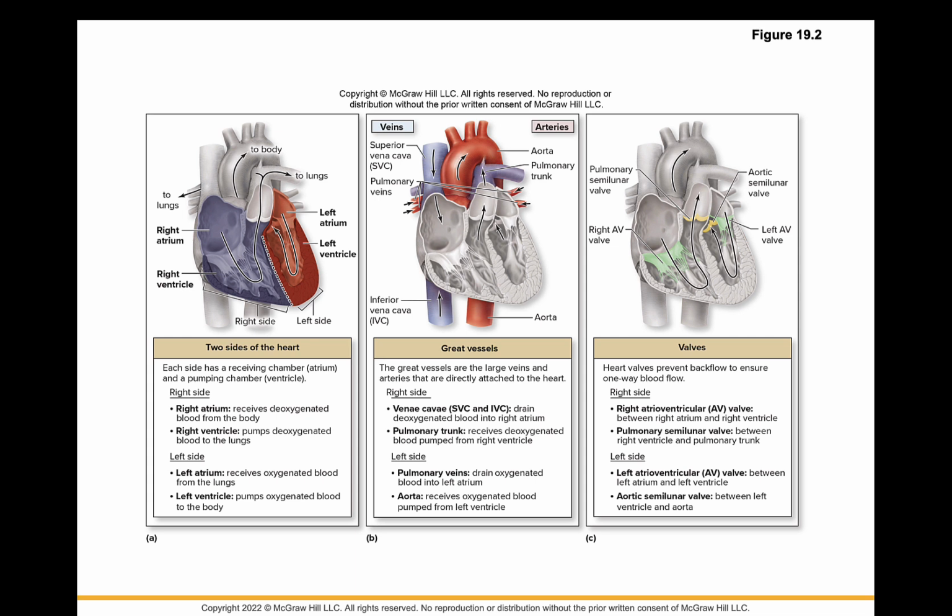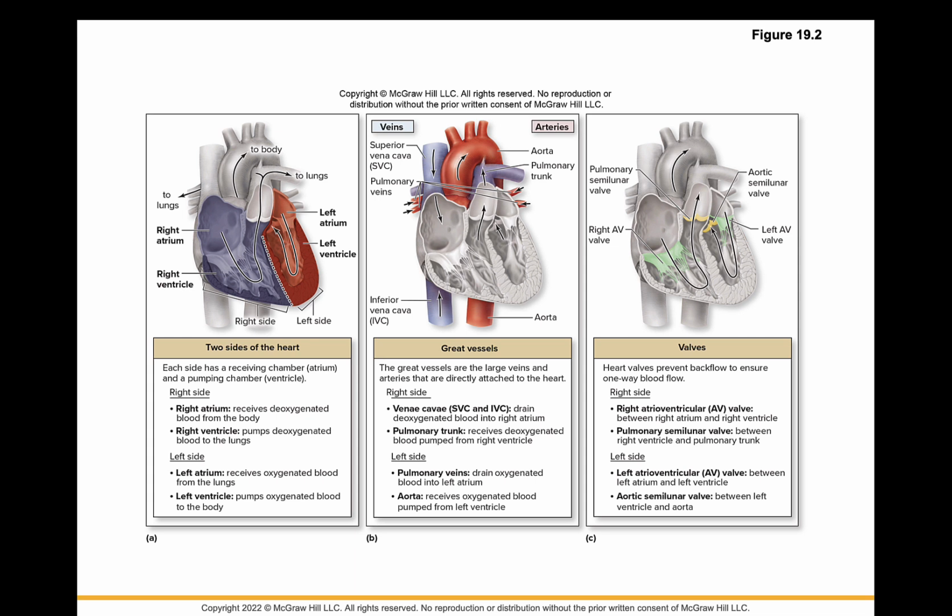The last panel here is looking at valves. There are two sets of valves. On the right side, we are going to find the right atrioventricular valve, and that separates the right atrium from the right ventricle. We are also going to see the pulmonary semilunar valve, and this is the valve that's separating the right ventricle